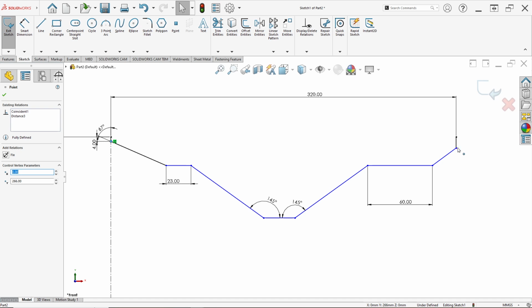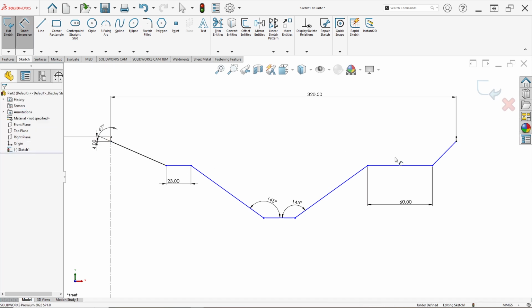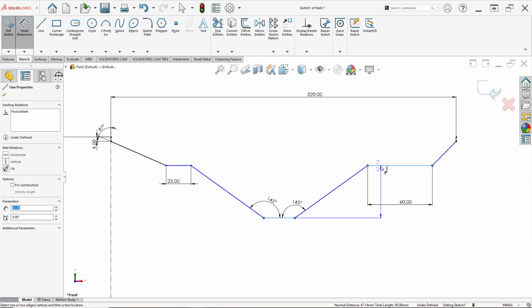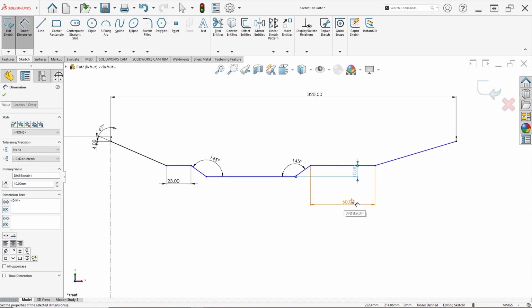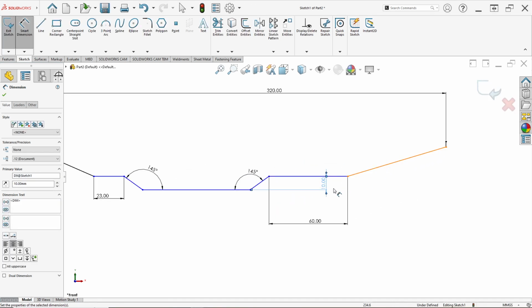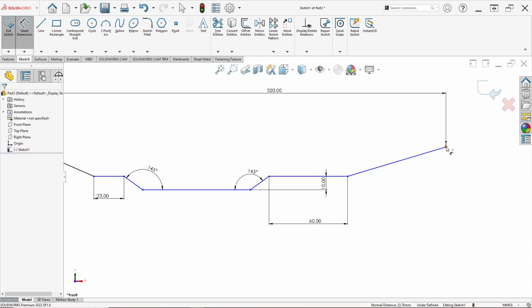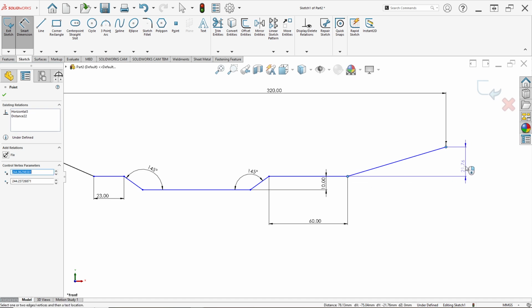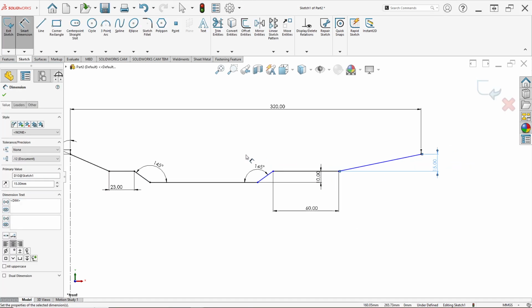This point and this point click make horizontal. We can set this line and this line. For the height I set maybe 10 millimeter like this. Then this point and this point I set 15 millimeter like this.